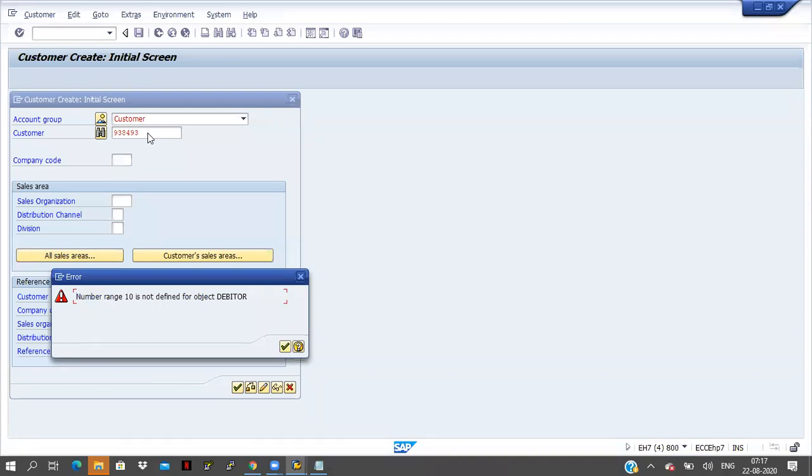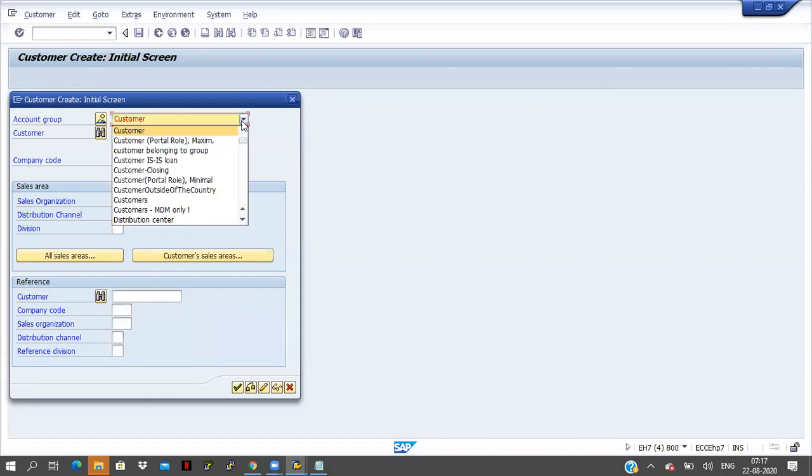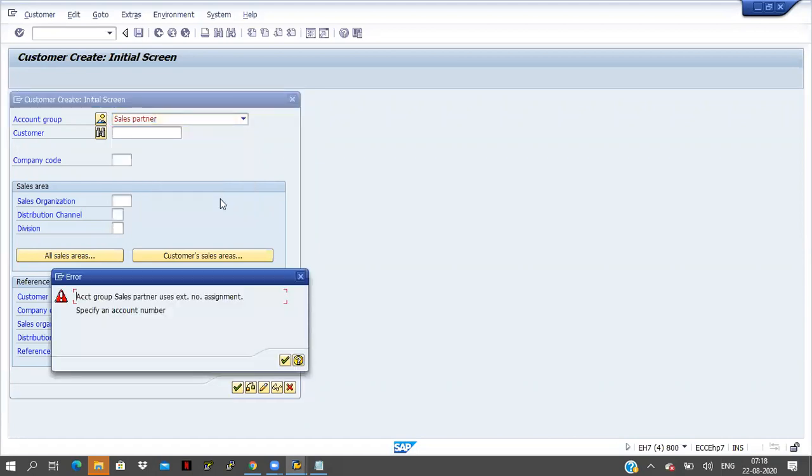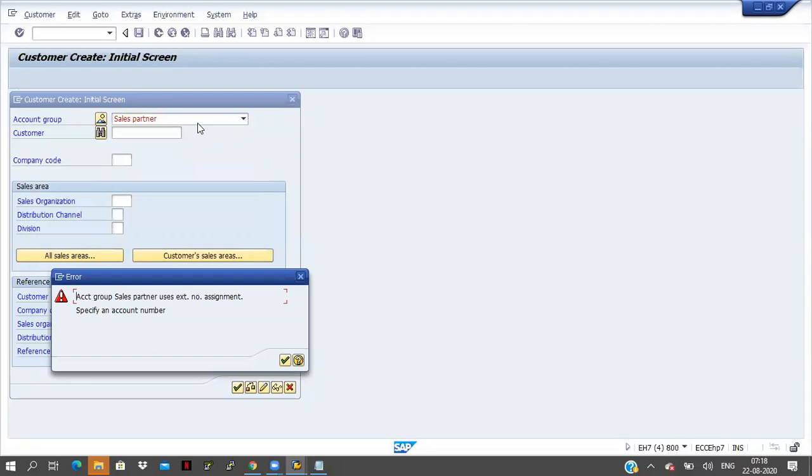Number range 10 is defined for object debitor. Account group sales partner users.